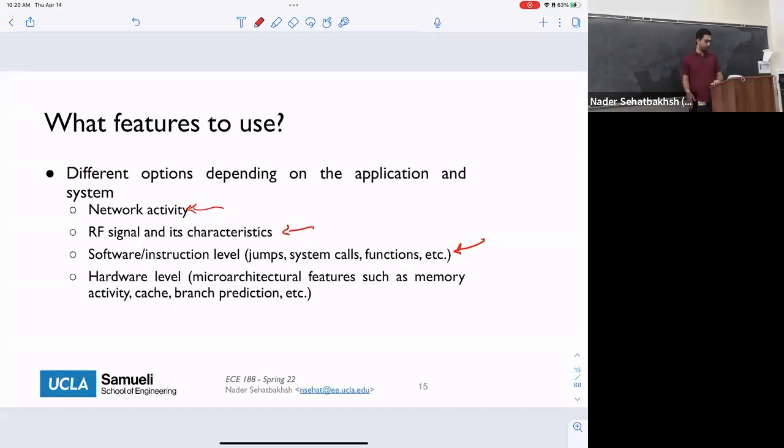One of the papers you're going to read is actually going to be about this. So you can look at the actual hardware activity in your systems. There are various things that you can look at at the hardware level: things like your memory activity, cache misses, branch prediction, branch misprediction, number of branches, number of, for example, adding, multiplying, and all those things. So you can basically build a very, very rich model of all these activities in your system. And then if you see a deviation from that, you will report it as possible malware. Okay? Any questions here?